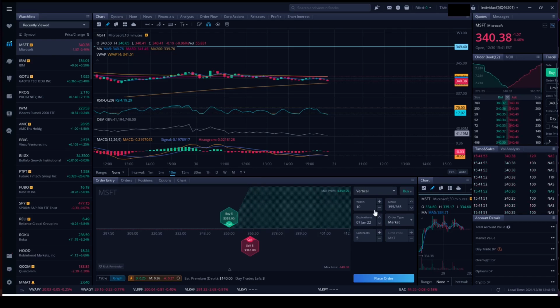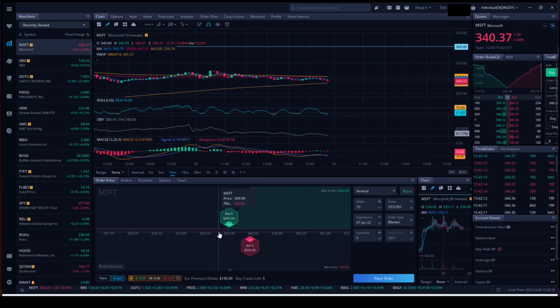For Microsoft, it moves by like $10 every day. But if you look at this exact spread here, and you think that within a week Microsoft could move up to 365, if it moved by $15, then you give yourself such an excellent risk to reward